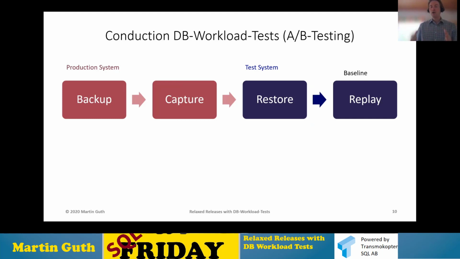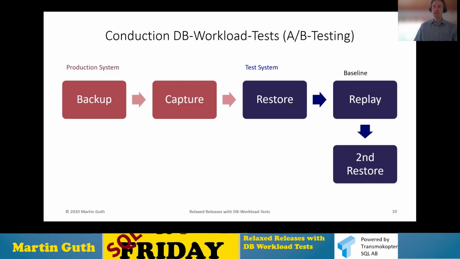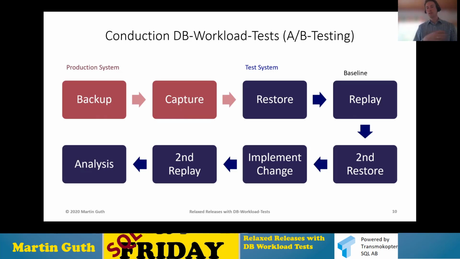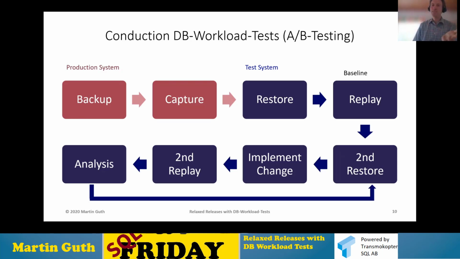I gotta know how does performance, how do the metrics look like on an unchanged system. So that's my baseline there. Then I do a second restore, and afterwards implement some changes, adding a few indexes, flipping some options, whatever, doesn't matter here. And then perform a second replay. And afterwards, I can do some analysis between the 2 replay results. And typically, that's not a one-way road. I would then detect, okay, damn, this one got better, but the other thing got worse. And this is basically what enables me to then later have some relaxed releases in doing the work up front and being sure that I've tested